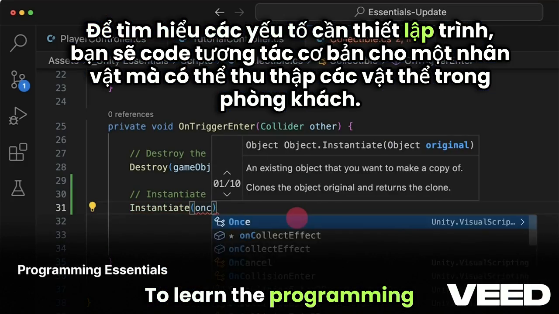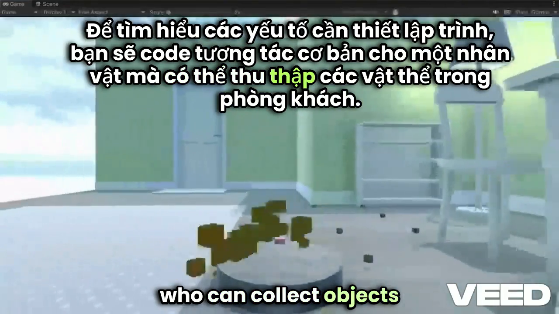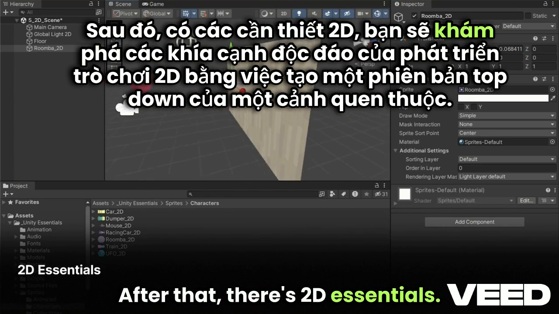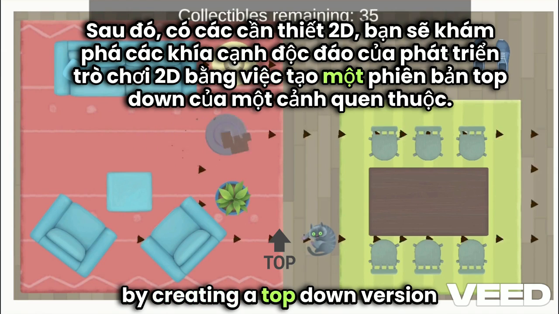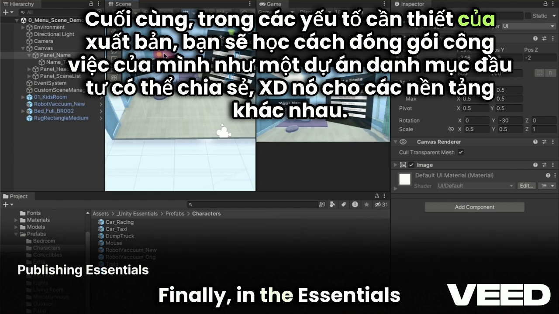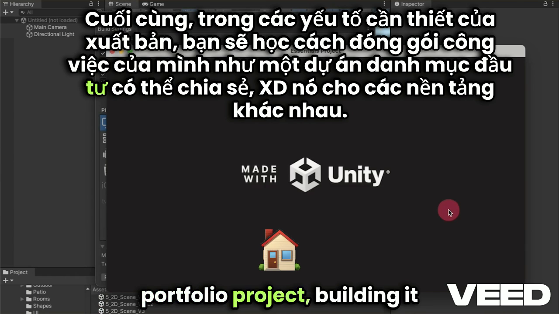To learn the Programming Essentials, you'll code basic interactivity for a character who can collect objects in a living room. After that, there's 2D Essentials. You'll discover the unique aspects of 2D game development by creating a top-down version of a familiar scene. Finally, in the Essentials of Publishing, you'll learn to package your work as a shareable portfolio project, building it for